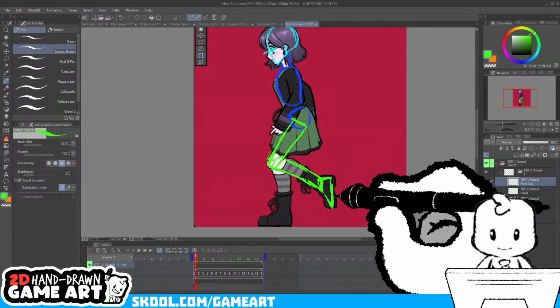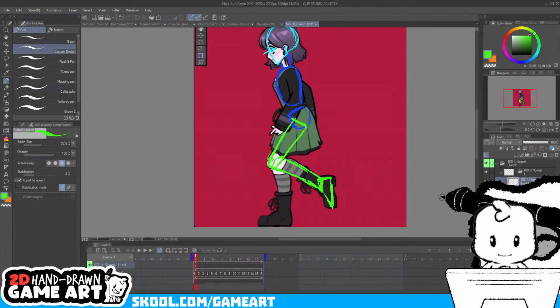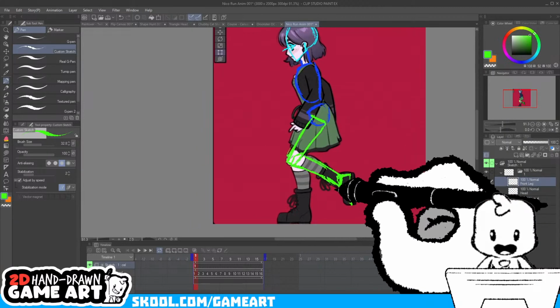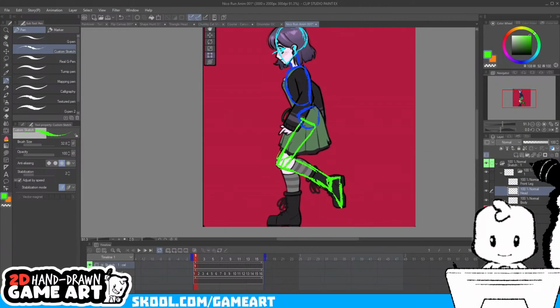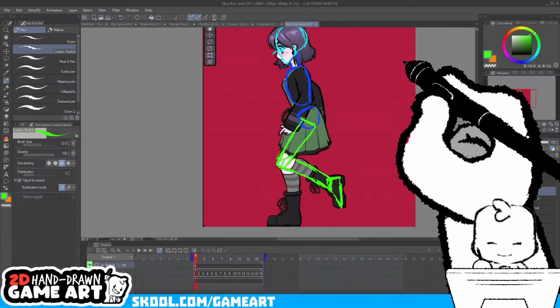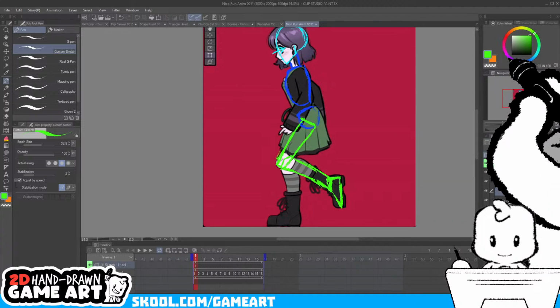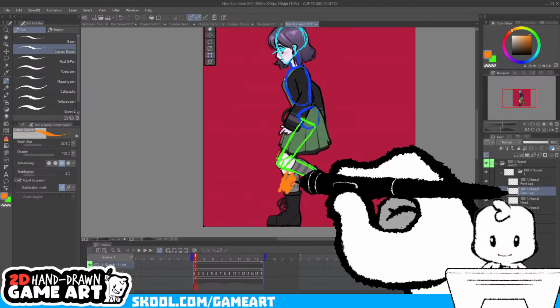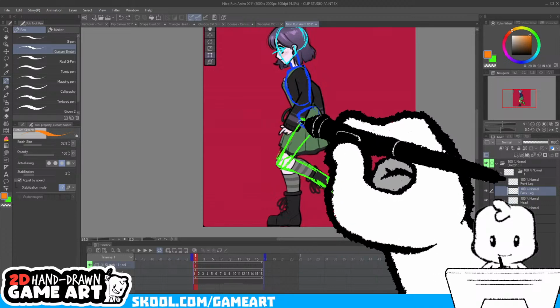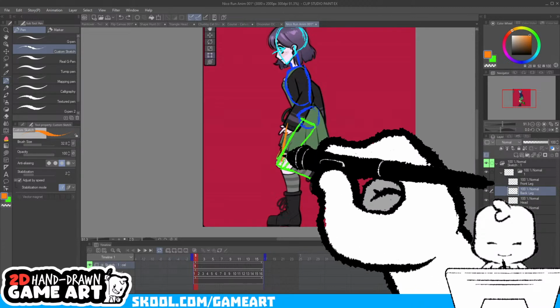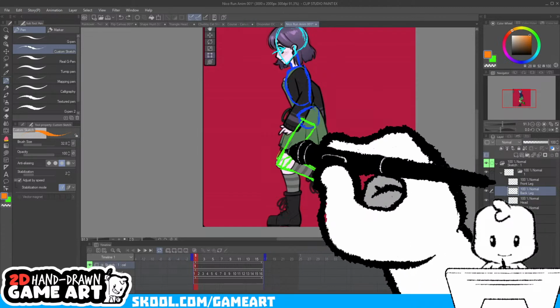So I'm just going to start by tracing out a rough structure of the limbs, and then we're going to adjust that from there. So let's see where we end up. And do a back leg. This orange shows up pretty good. Okay, this back leg's going to be orange.